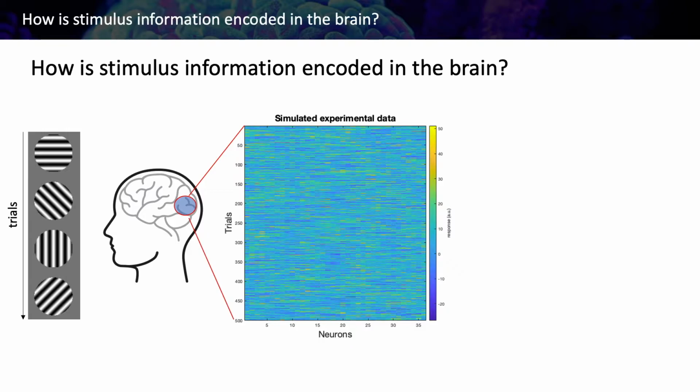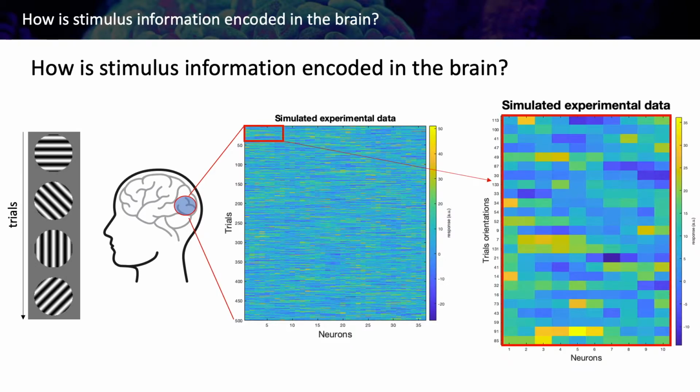So now let's, for example, chunk the data a little bit to see in more detail what we are representing here. If we take this portion, what we have in the rows are different trials, and these different numbers are representing the orientation of the grating presented in each trial. So for example, in the first trial, the participant is seeing a 113 degrees grating, in the second trial a 100 degrees grating, and so on.